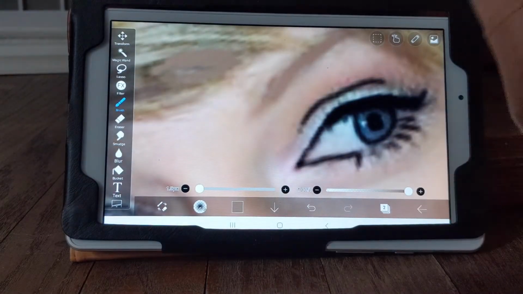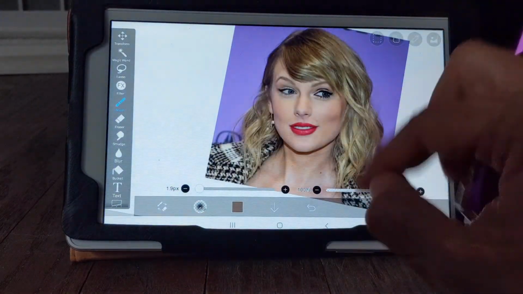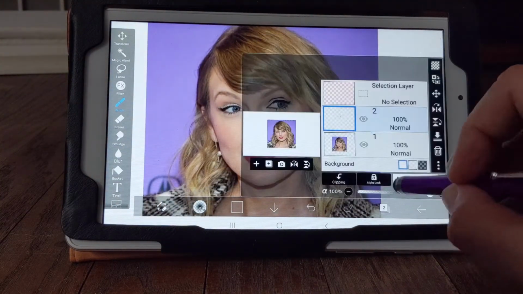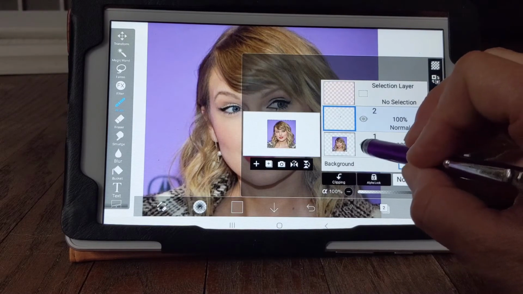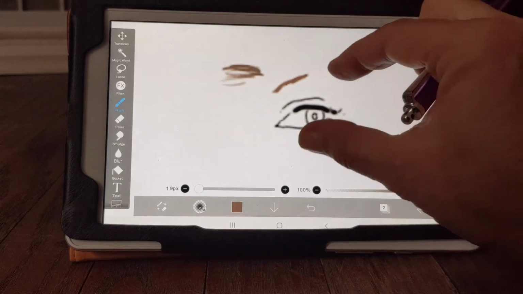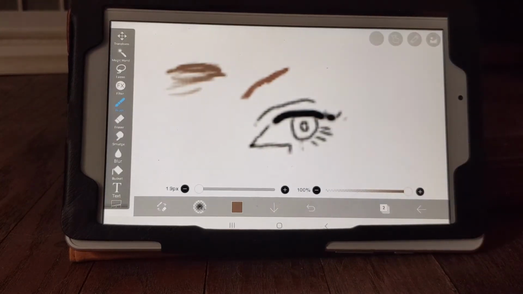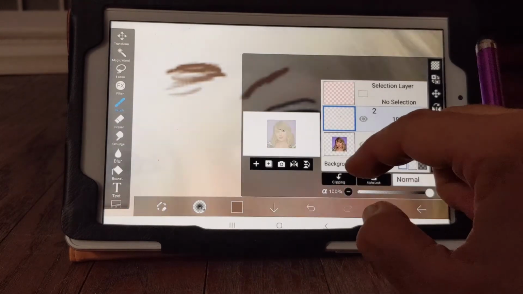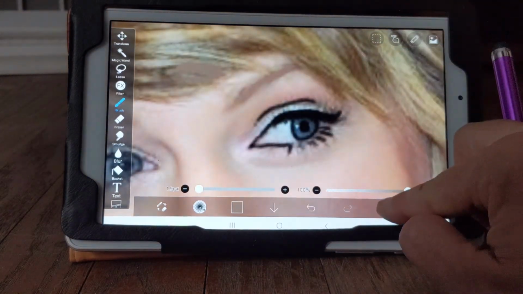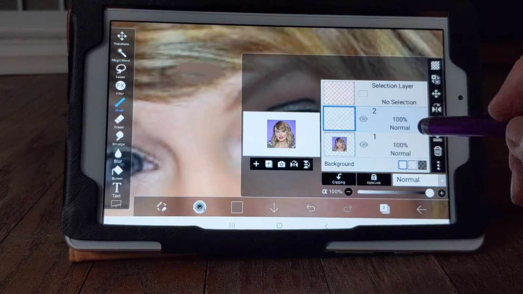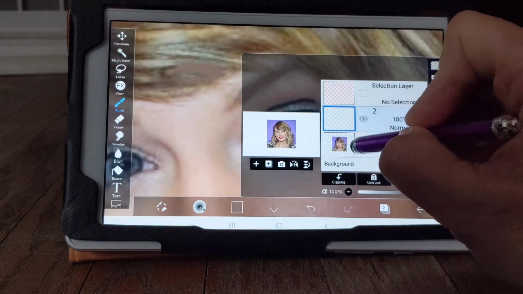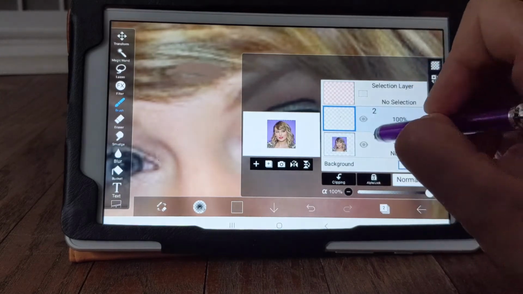Okay. Now, if I zoom out and I want to see what I've done, I go to the layers. I'm going to shut the eyeball off on the first layer, the photo, and I can see what I've traced. Okay? And then I turn the picture back on of her. Make sure you're on this layer here. It's really important, when you're drawing, you don't want to be on the same layer as the picture. You want to be on a separate layer. Don't click on Taylor Swift, because then you're on the wrong layer.